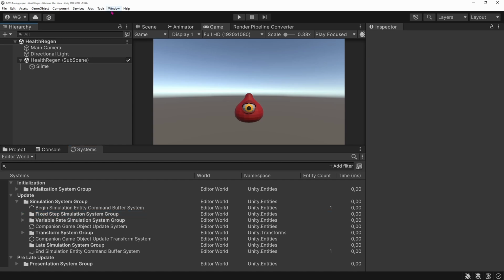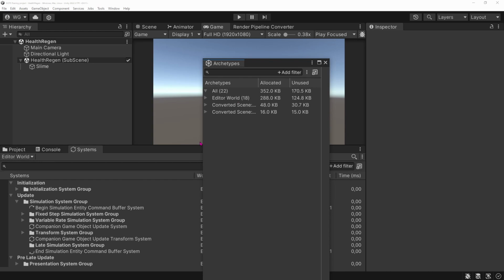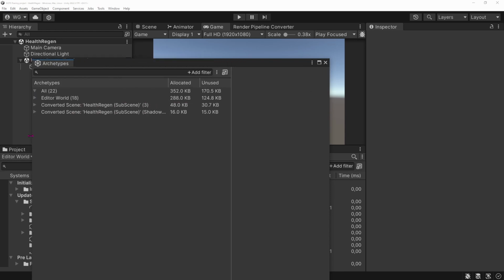So that's great. And if we look at the other specific entity windows, we also have the archetype window. The archetype window allows you to see all the elements of your game, or all of the objects in your game, that have similar sets of components. Basically, an archetype is a set of components. So if you have, I don't know, a player that can move and be damaged, it will have the transform components and the health component. It will also have the rendering related components, of course, otherwise you wouldn't be able to see it on screen.